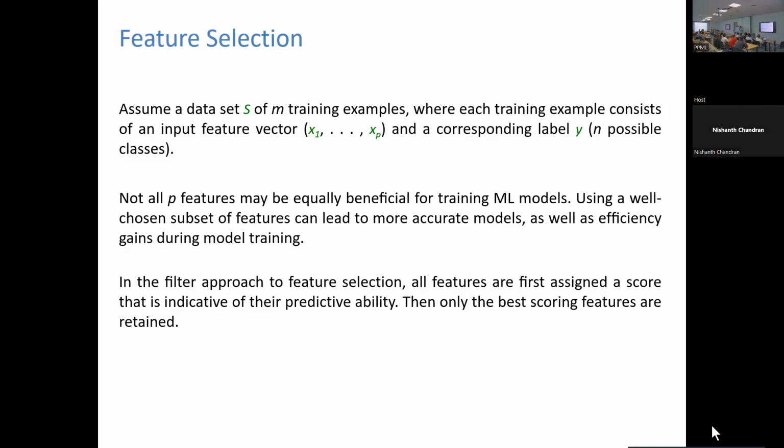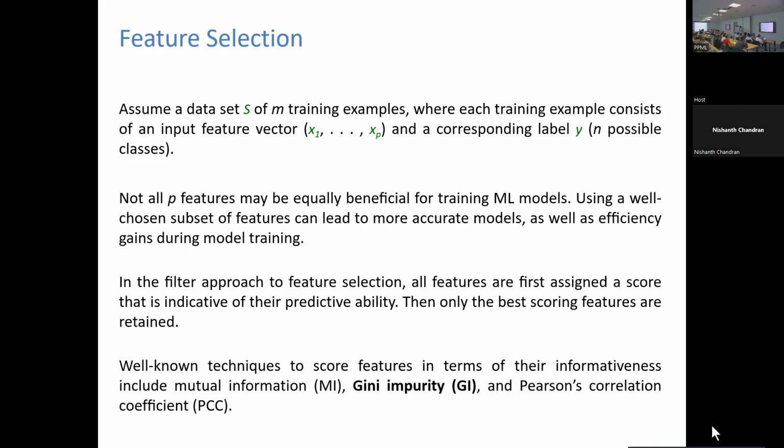Then you only pick the best scoring features to retain and do the training part with. There are many techniques you can use for this scoring, like Pearson's correlation coefficient, mutual information, Gini impurity, and so on. The one that we will be working with is Gini impurity, for efficiency reasons.